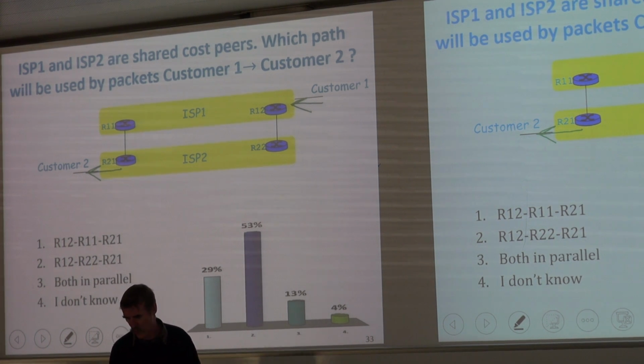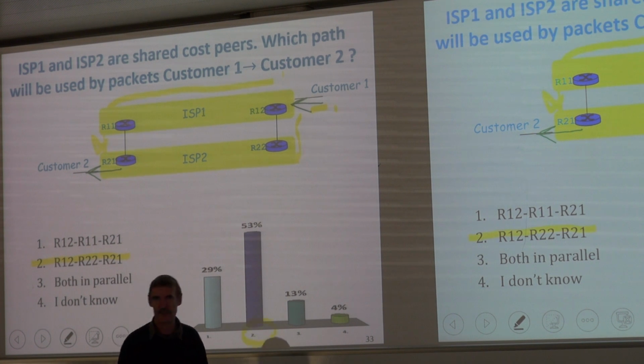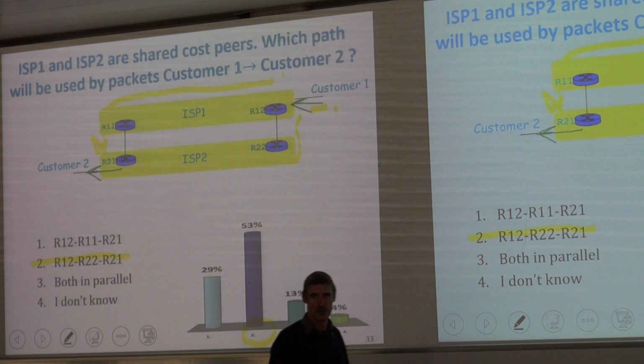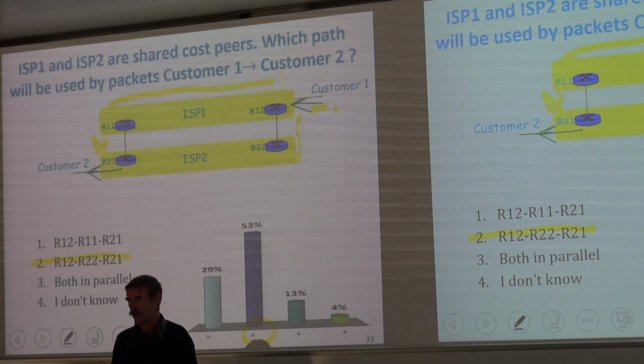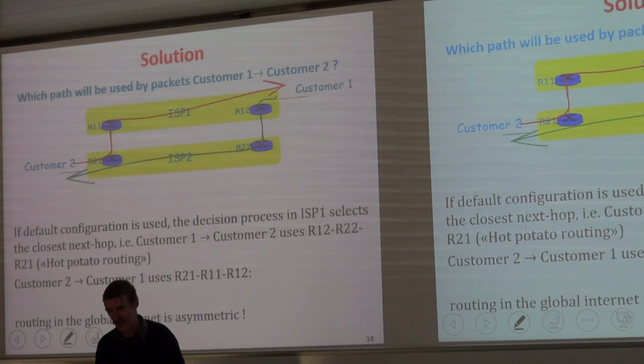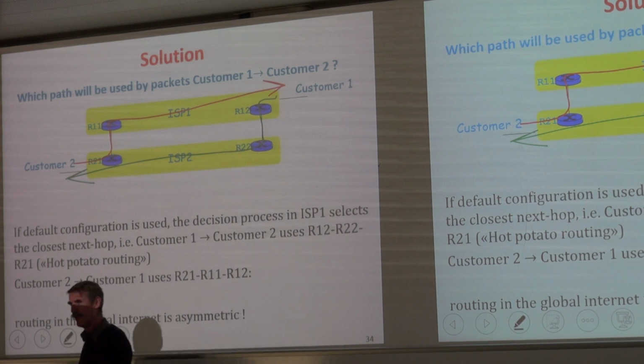The first path, R1 to R11, is the path that decides to stay longer inside the domain. The second one is the one that goes first out. And if we use the configuration that is by default the ones we've seen here, this is what will happen. So BGP was done with the idea that's the default thing people would like to do. It's called hot potato routing. It has an interesting side effect, and it's used a lot. The side effect is that if you apply the same thing in the reverse direction,